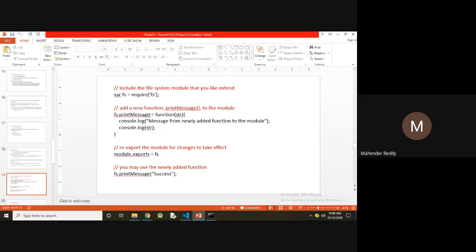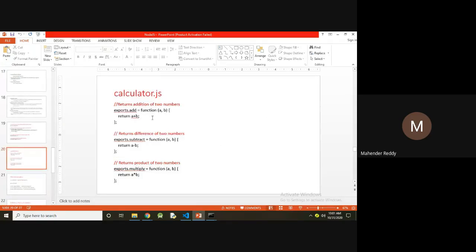So printMessage is equal to function str, console.log str, a message from the newly added function from the module. Re-export the module for changes to take effect. Then you may use the newly added function, print message.